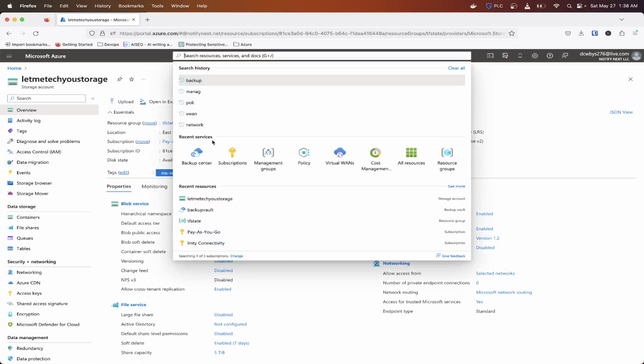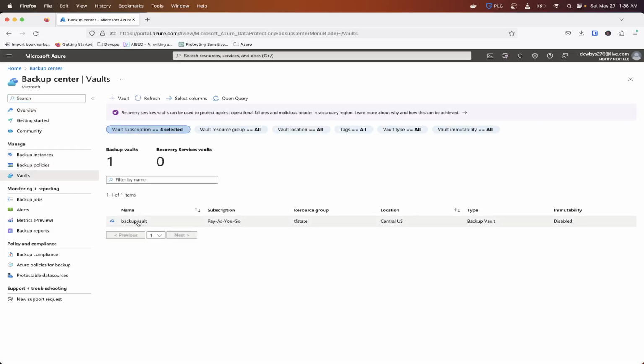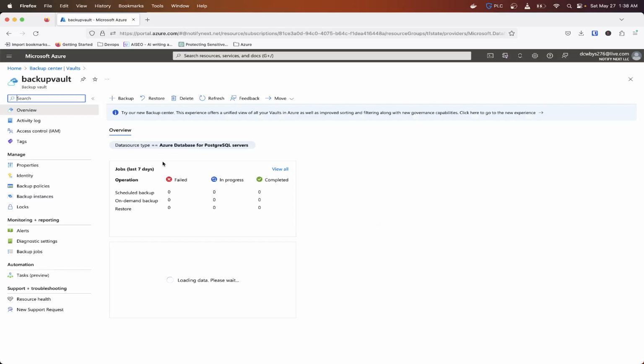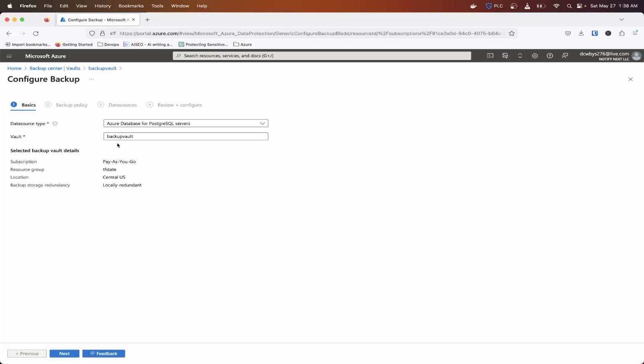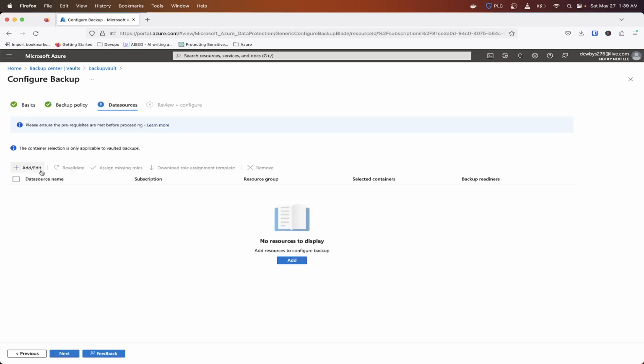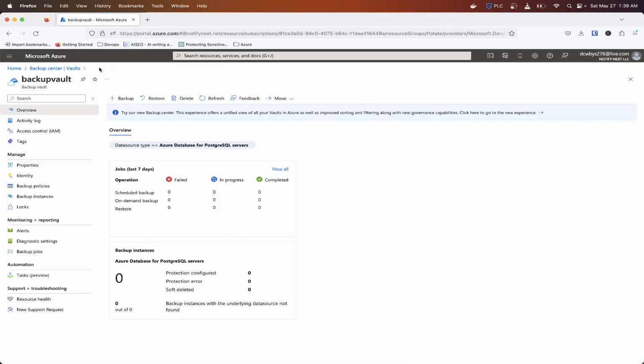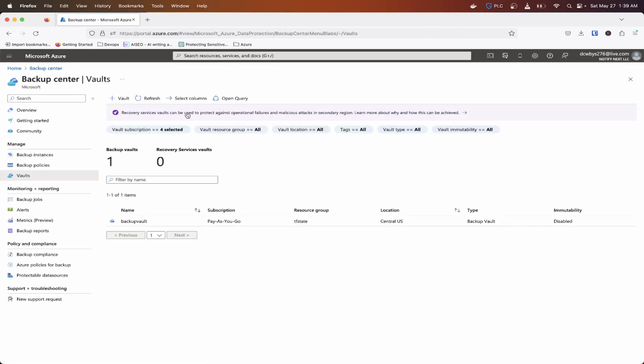Yeah, let's go back to the backup center here. Go back to our vaults. And then backup. Azure blobs. And then go next again. Next on the policy. Oh, I see what's going on. So I could have sworn I put the vault